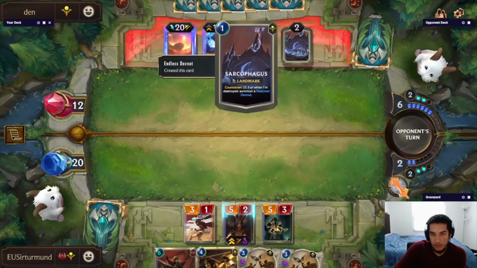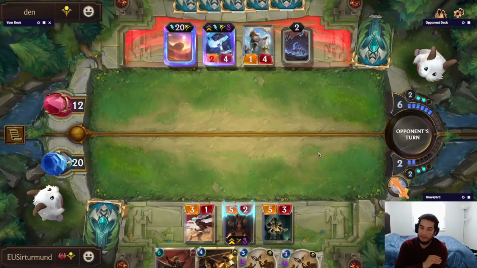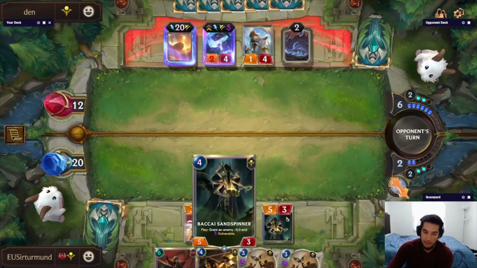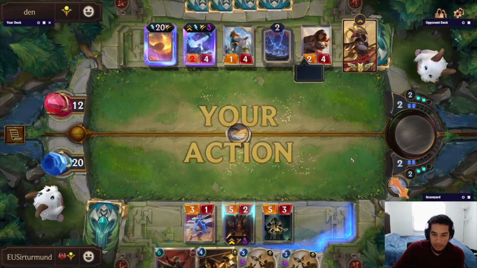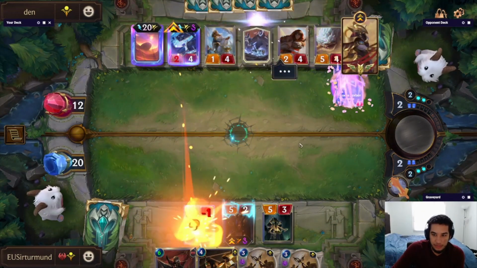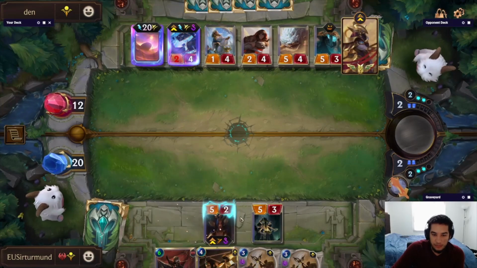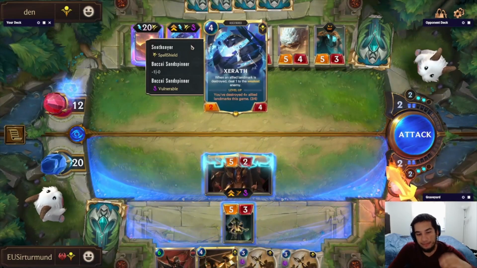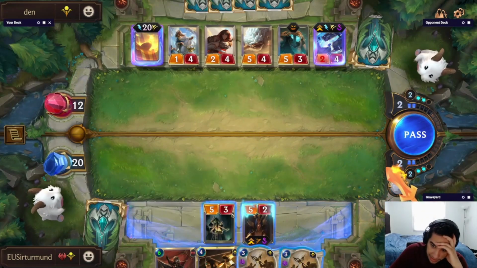So now he's forced to have to do something. Like, he probably has to kill the LeBlanc. But even if he kills the LeBlanc, we still are able to just kill it with a Sand Spit. So he's gonna kill the Rock Hopper here. He could also have... He could just have